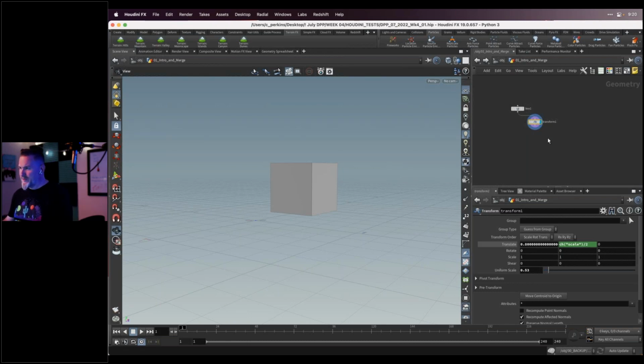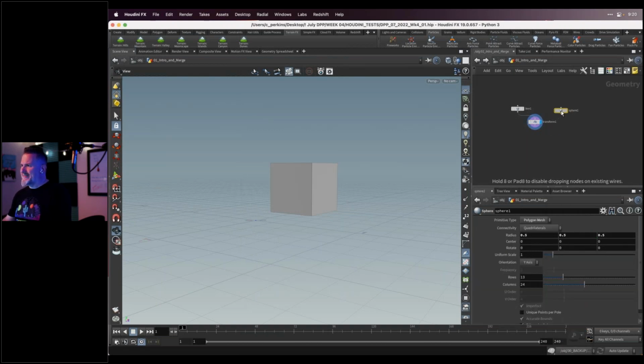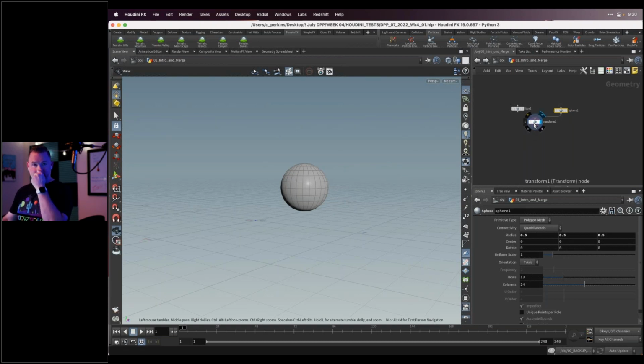So if I then hit tab and I created a sphere, and then I wired this sphere into this, then it picks up the transform. So it has moved, it has the scale applied to it, and we could just substitute anything we want in here. So we could use little placeholders, or we could just audition things. We could try and see how things work. So it's a very flexible workflow.